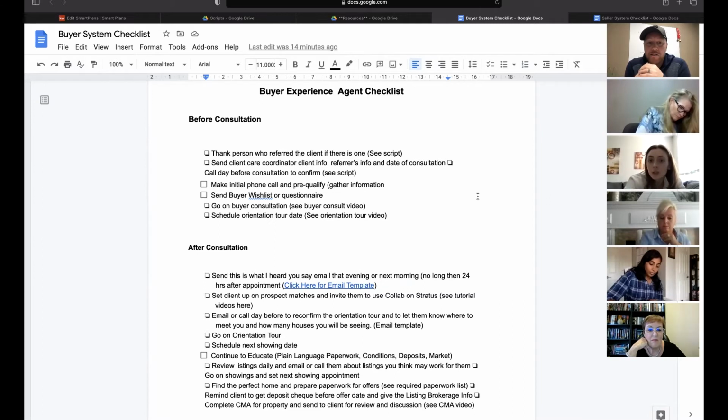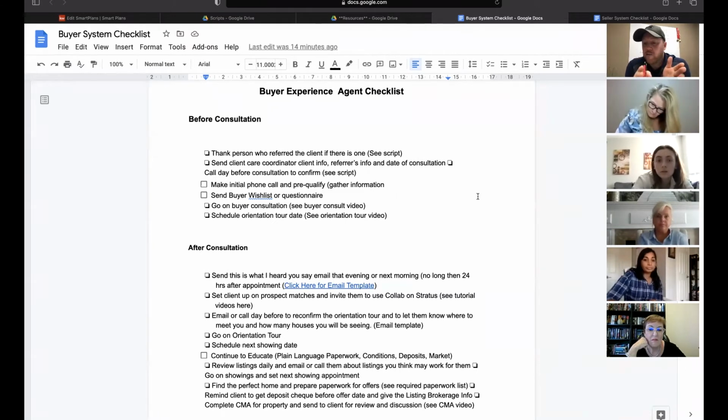Then I've got on here, send a buyer wish list or questionnaire. So this is a step that we do for our team where we've got a set PDF with a lot of questions on it about them, about what they're looking for, what their dream house looks like, what they expect from us. So it's an opportunity to get some more of that information prior to sitting down and having our consultation. And it's a chance, I always say, especially for buyers, if it's a couple that's purchasing together,